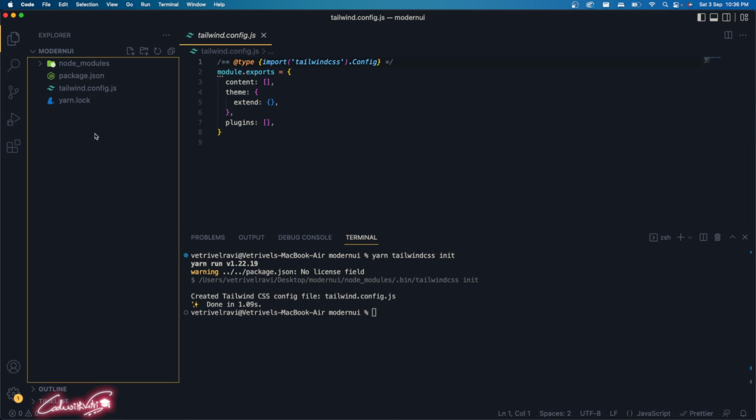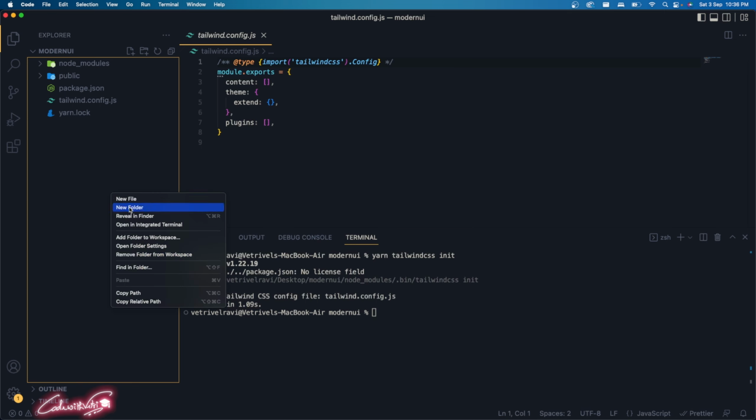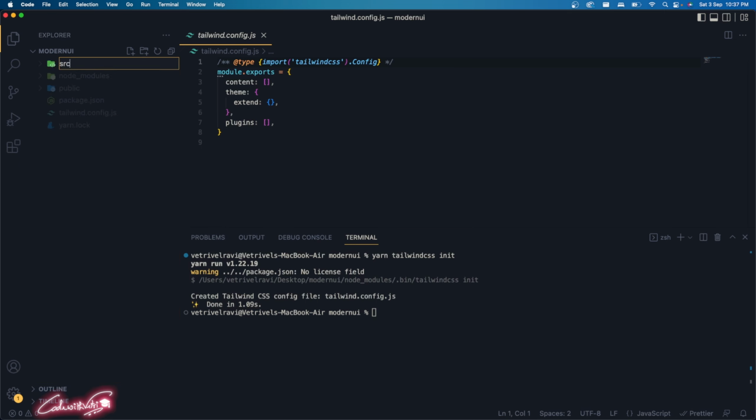Here I need to create two different folders for my project. First, right click in the root directory and create a new folder called public, and right click again in the root directory and create a new folder called src. Inside this public folder, that is our build folder, which is going to be deployed